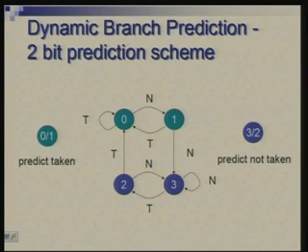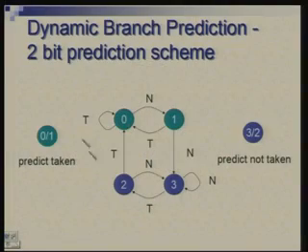Here I am showing a scheme where you imagine that there is a state machine which can be in one of 4 states, and these states can be represented by 2 bits. So, instead of remembering 1 bit of information, you are remembering effectively 2 bits of information. What this machine remembers is some summary of the last several outcomes, and what we are trying to do here is